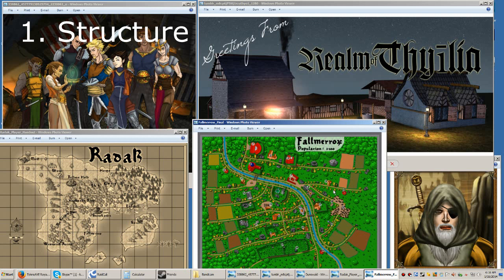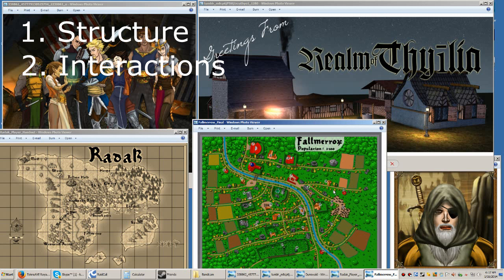The second most important thing is your interactions, and this goes hand in hand with the first thing, structure. So what do I mean by interactions? I mean the relationships between your different entities within your fantasy world. Things like your towns, your cities, your villages, your nations, your city-states, factions, races, whatever.